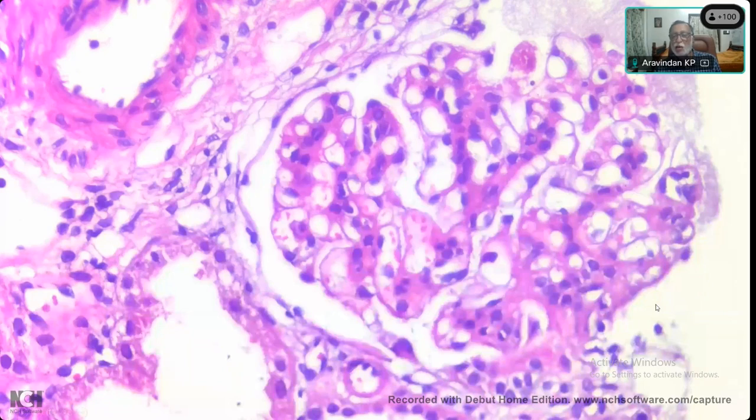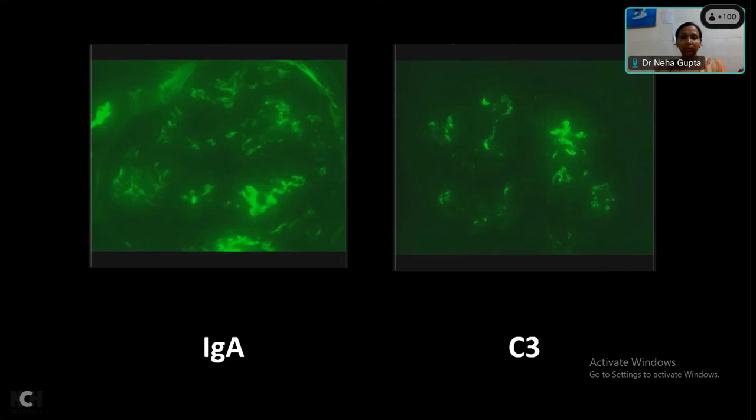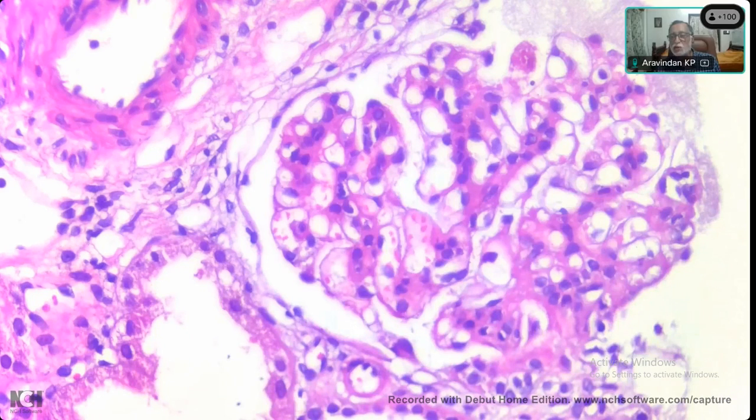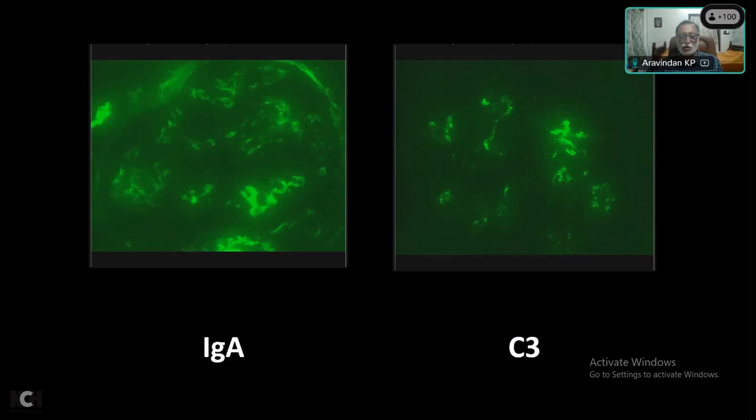And at this stage, what is absolutely necessary to make further diagnosis? Immunofluorescence. So this is the immunofluorescence picture. And how would you describe these deposits? So immunofluorescence shows mesangial positivity. This is mesangial fluorescence, not capillary, as we saw in the earlier case. These are all in the mesangium. C3, heavy C3 deposition. You would call this C3 plus, deposition of both IgA and C3. Okay.